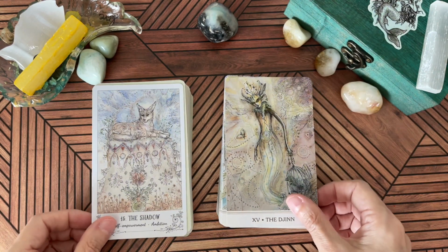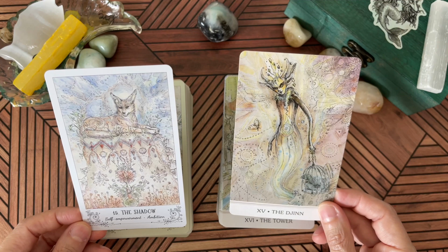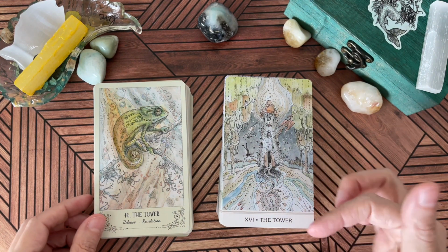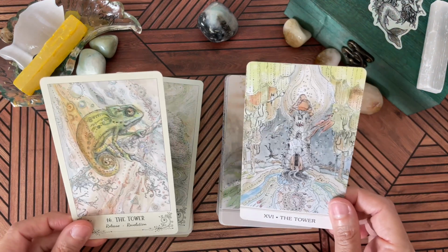Gorgeous. She has renamed, as she does in both of these, the Devil card. And she did previously in the Phantasma deck renamed the Wheel card, I believe it was. So,